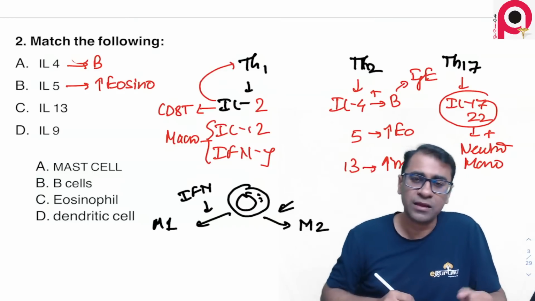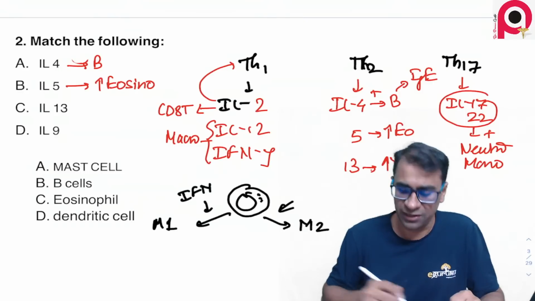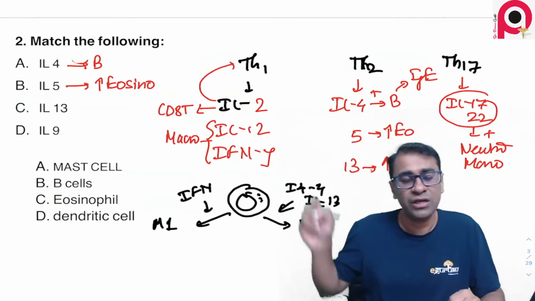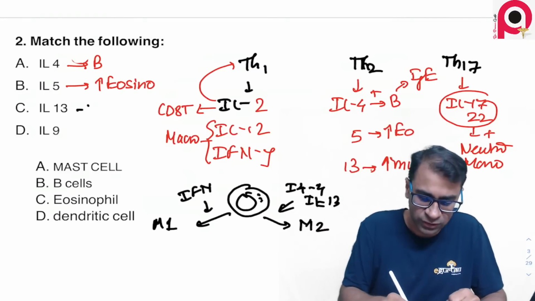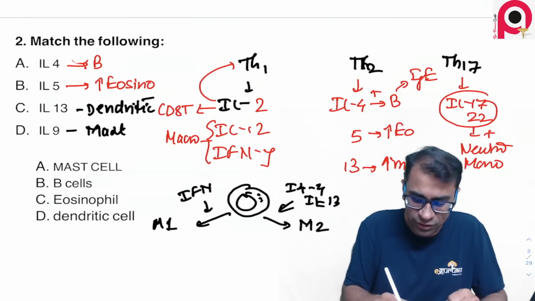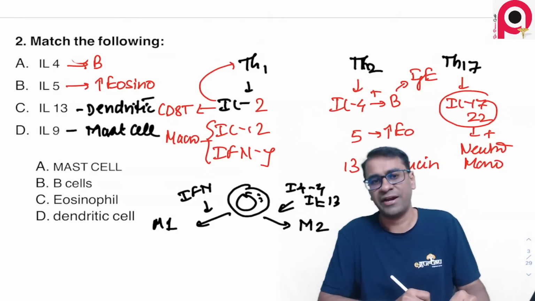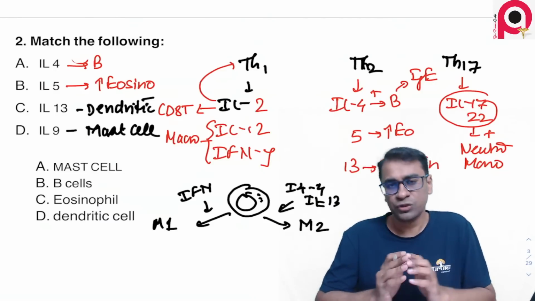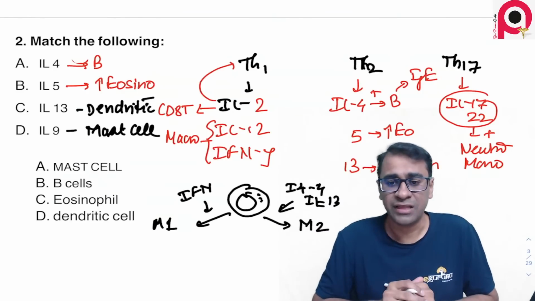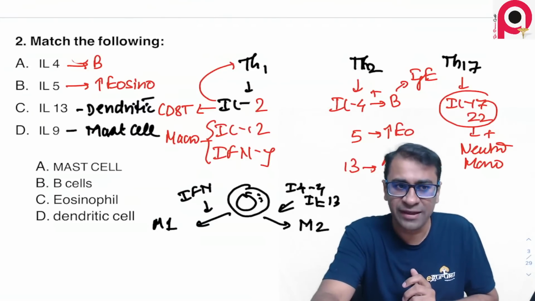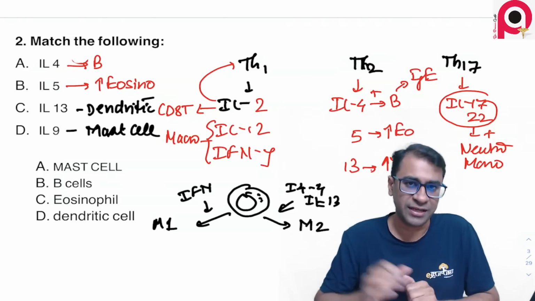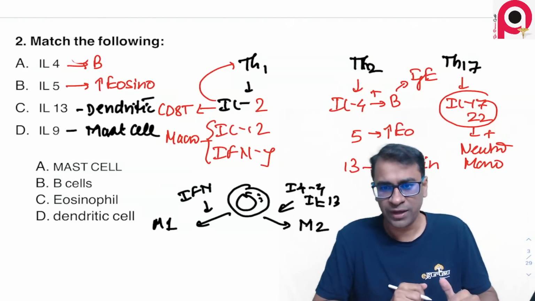Whereas when the antigen presenting cells or the macrophage release IL-4 and 13, they change to the M2 macrophage. So the IL-13 is responsible for the stimulation of dendritic cells, and IL-9 is for the mast cell stimulation. That's the right answer for this particular question. Even if you have not been able to answer this, know the answer, because this question can be repeated in upcoming exams. If you have any corrections, please message me and let me know, and I will incorporate your thoughts and understanding into this session also.